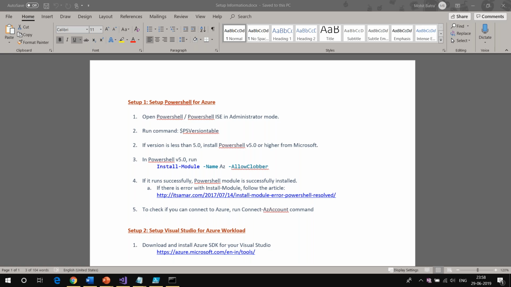Dinesh is asking what the assignment for tomorrow is. Basically, I wanted to keep it light. Please go ahead and practice what we have done today. Create your subscription, create the ARM templates by hand. First of all, do the deployment from the portal. Once you are fine, create these ARM templates by hand. Do the deployments via PowerShell commands. Do the deployment via CLI. Go ahead and start practicing all of this.